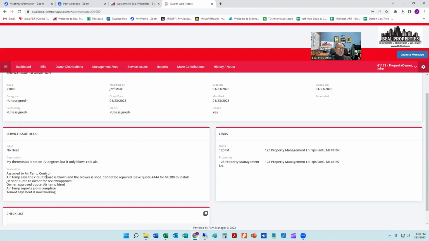our end. And I'll just use this one as an example to point out, there's several points of communication that have to happen here. So if you see a service issue that says the heat's out, there's no need to ask me 2-3 times a day what the status is. You can just log into the portal, check the service issue, and you'll see the notes updated as quickly as I see them. And that's the beauty of the portal that we set up is, the number one reason that